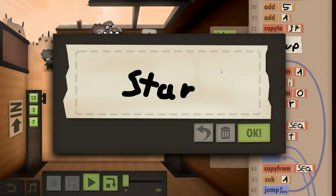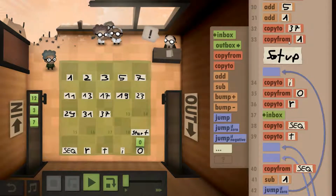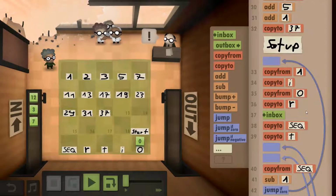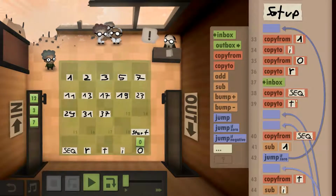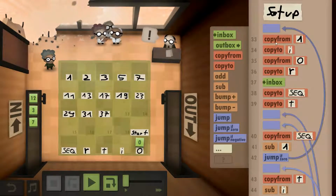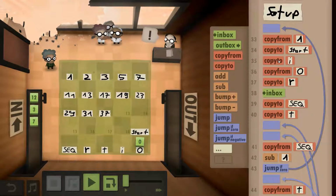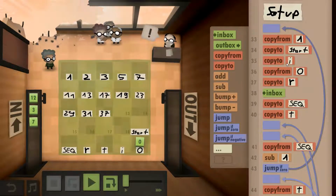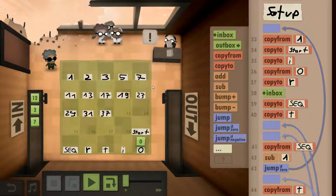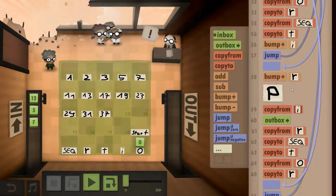So this is... we have a start, right? And the first thing we do is we copy from 1. Oh no, this is the setup for the inbox. Yeah, that's the setup for the inbox. But we copy from 1 and copy to start. And we'll also copy this down to I, which is correct for the first value we check for the inbox. We have to start with 2. But every time we now copy to I, copy from